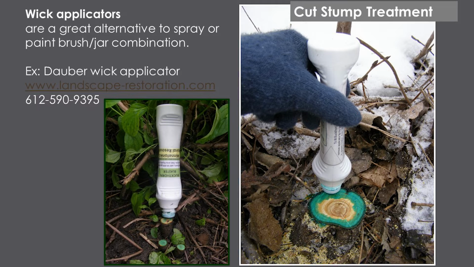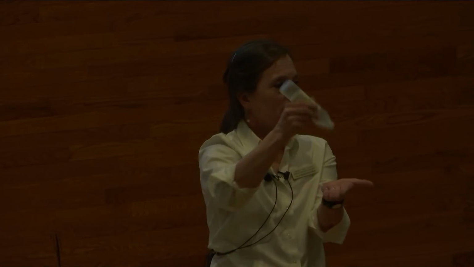You can put the cap in your pocket and lay this down on the ground and it's not going to drip. The only time it's going to drip is if you misuse it. If you are scraping the tip across the wood and wearing it out, then it's going to drip. You have to be daubing up and down like this, okay? And you have to go around the stump about three times because you want to watch that soak in.